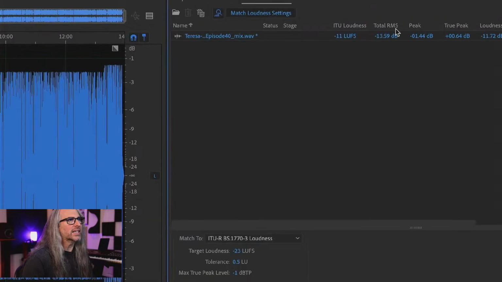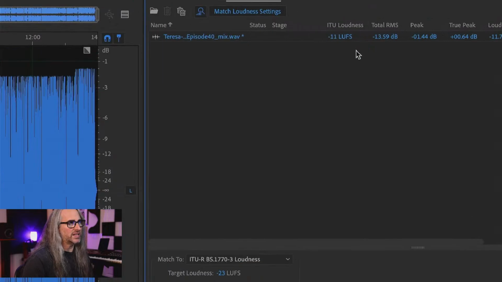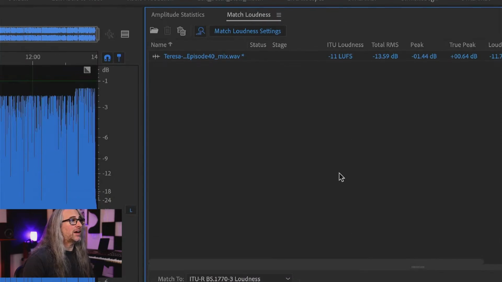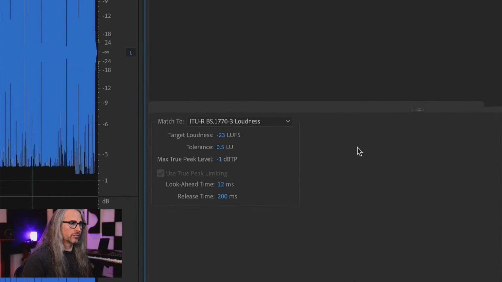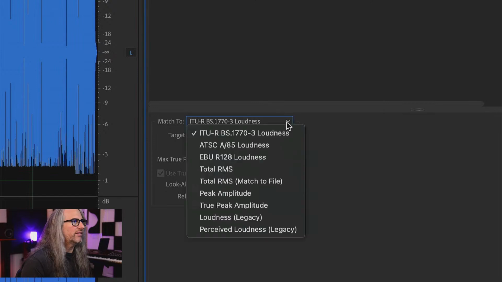So what this is telling us though is that obviously this is a little too hot for a podcast's needs. So from within the Match Loudness panel, you can match to something, or you can essentially conform a single file to a specific loudness level.